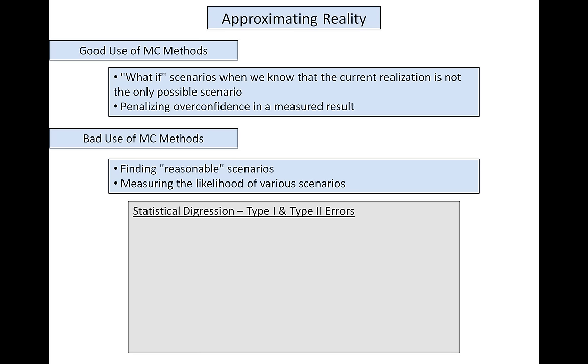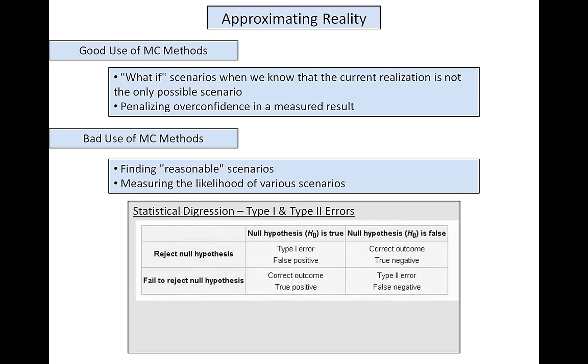I don't know about yourself, but I learned about type 1 and type 2 errors in university, and I didn't understand it for the life of me, to tell you the truth. It made no sense. I just followed the practice questions, and I passed the quiz. And Wikipedia, which, by the way, is supposed to be an authority on good practice as far as simplifying and explaining things, this is the table that they provide to help you understand what type 1 and type 2 errors are. Now, I don't know about yourself, but for me, I have absolutely no idea what a null hypothesis is.